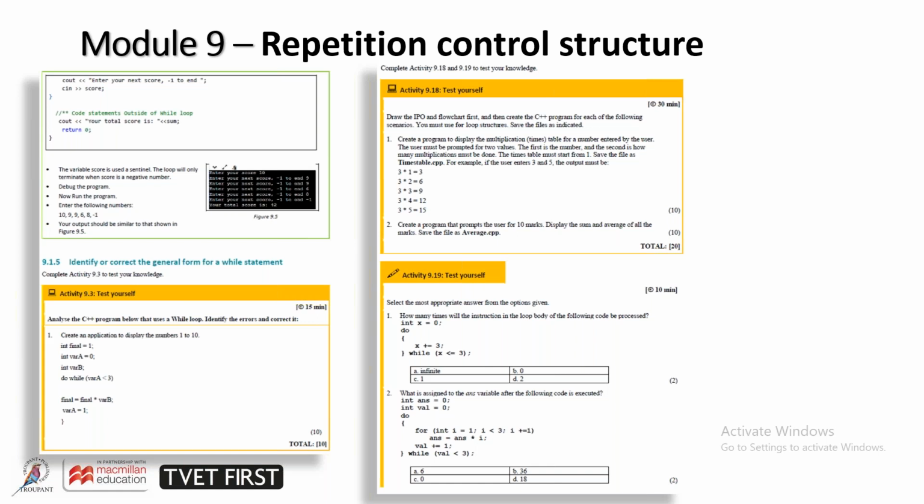And then from there, we migrate later in the module into more challenging activities. As you can see, from activity 19.18, the activities become more challenging and more in line with what they can expect in a test and an exam as well. Also very important, look at activity 9.19, the type